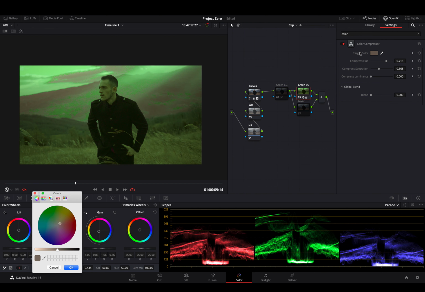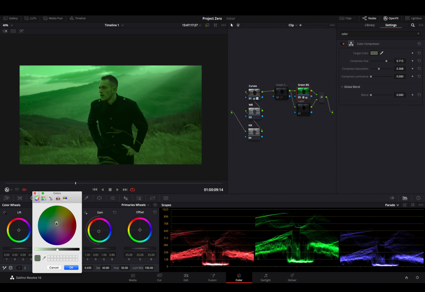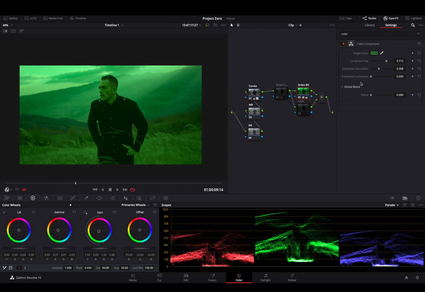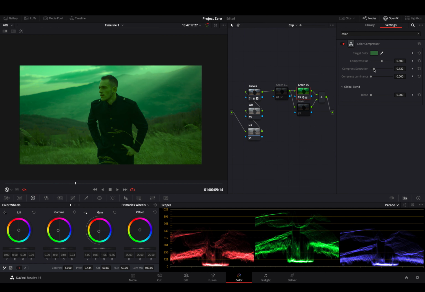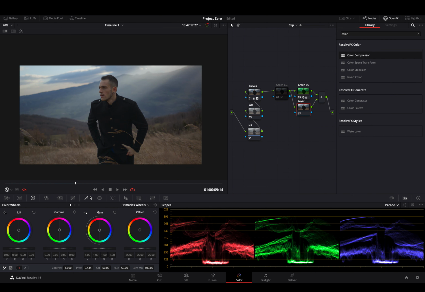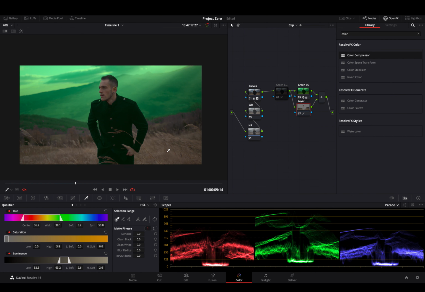Maybe let's target another color. Maybe a greener green, like there. And then we want to set it to our right color. So maybe something like this. And then let's key that out from layer. So let's select this